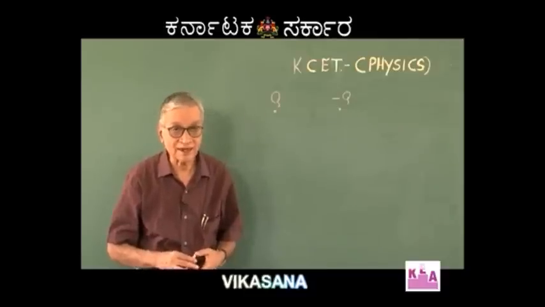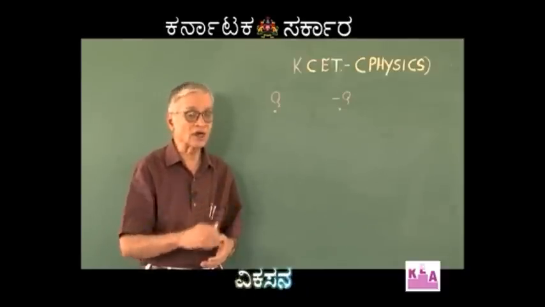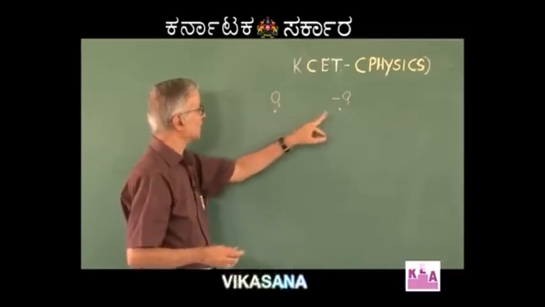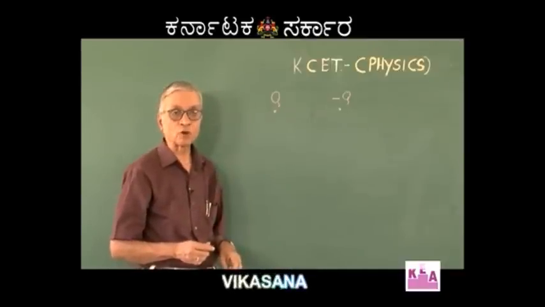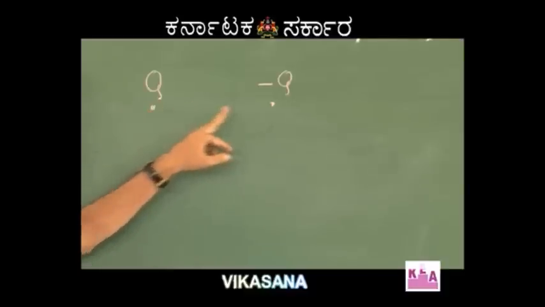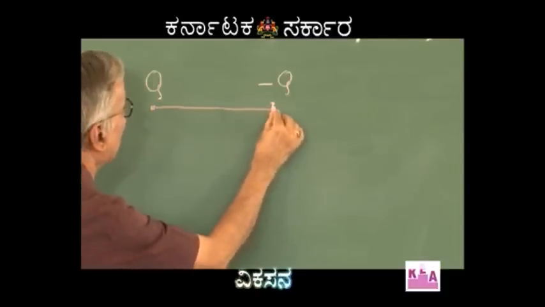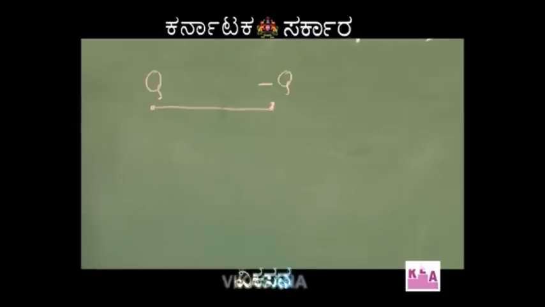Let me once again reiterate whatever I had told earlier and try to make the points clear to you. Charges are opposite. Therefore, the null point cannot lie along the line joining them. There cannot be a null point along the line joining them. Then, the two charges are q and minus q, and therefore, the null point may be to the left of q or to the right of minus q.